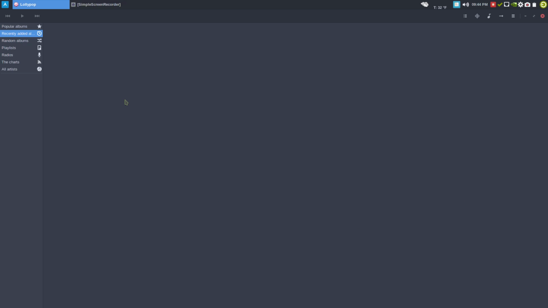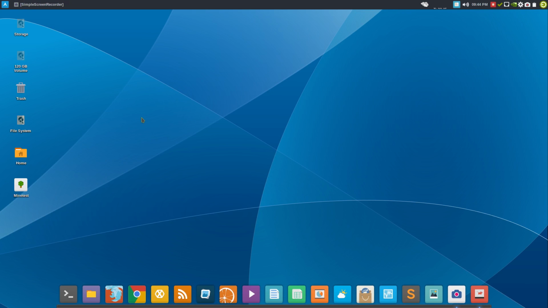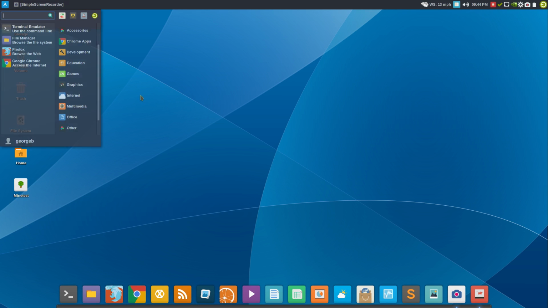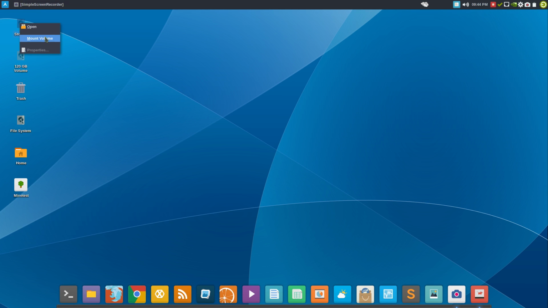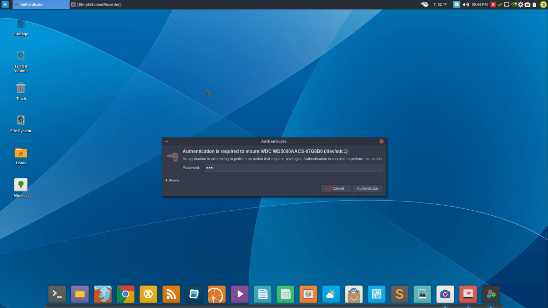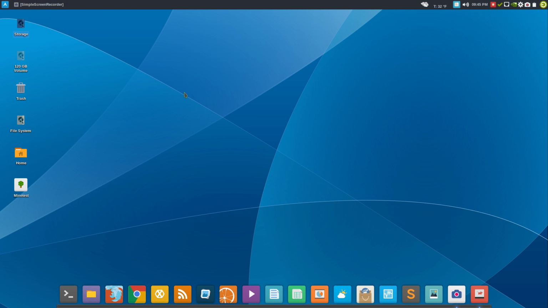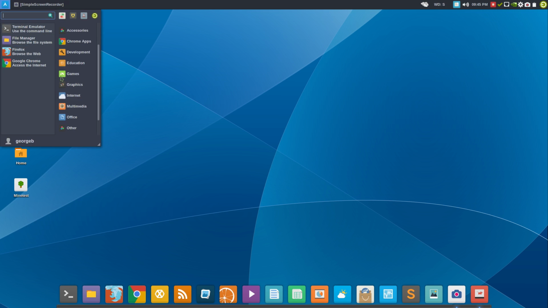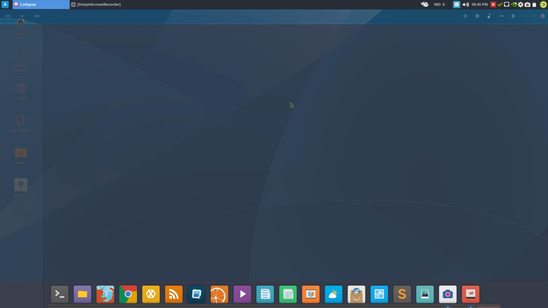It's a more GTK clean look. See, I have to enable storage right here, and it's not. But anyways, actually, let me enable it. There we go. So if I go to Lollypop,